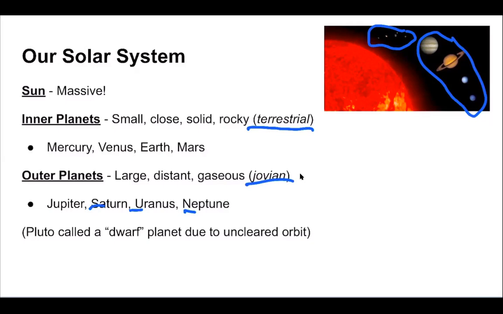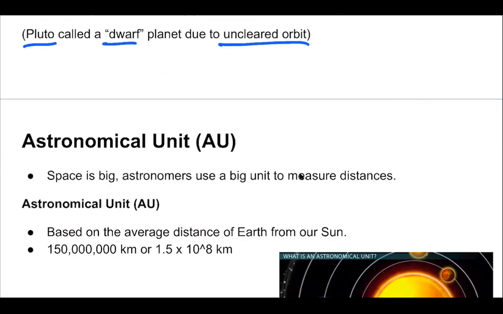So Pluto doesn't count. It's technically called a dwarf planet. The reason for that is it has an uncleared orbit, which is, I know, a weird thing to think, but all these other planets, they are the only thing in their orbit going around and around the sun. They're not going to smash into anything. Pluto has not achieved that point yet. It's basically sort of in its own little asteroid belt almost, and it has to continue to collide with things